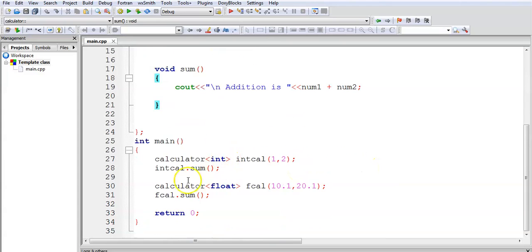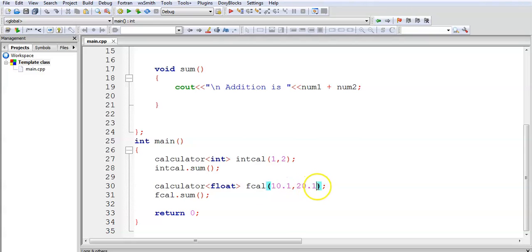Now I want to pass different data type values. Calculator is the class, and here we need to specify the data type of the parameters. Here it's float, and we have created the object as fcal, with 10.1 and 20.1 as the two parameters for this